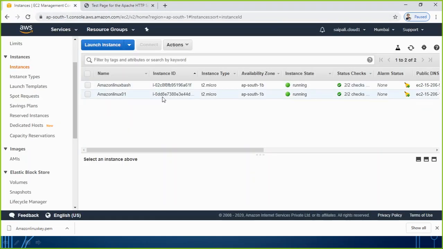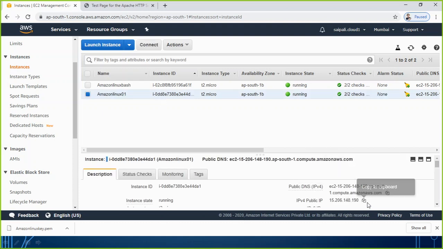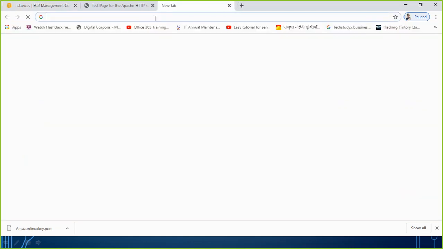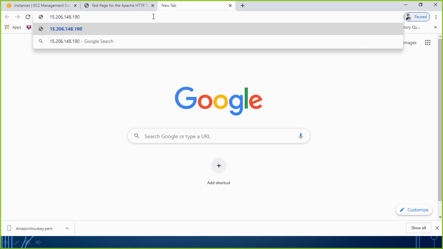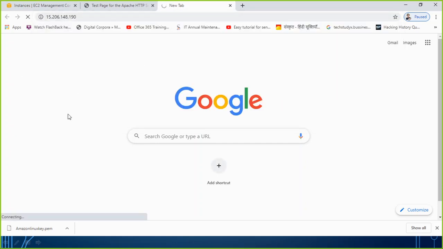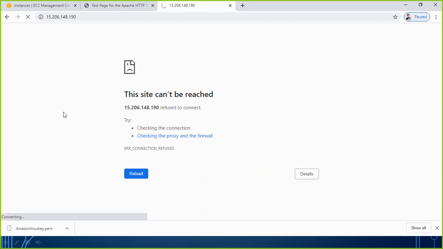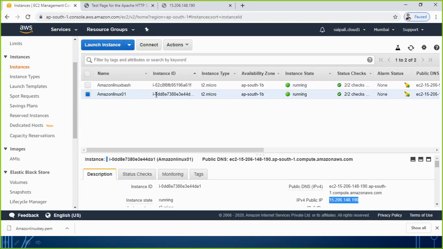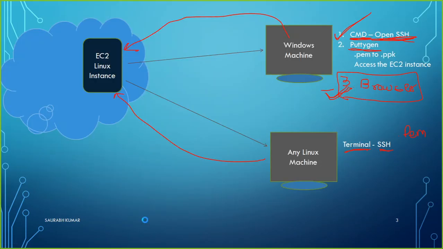But if I talk about the second instance, this one, here is the IP of this instance. If I copy this IP address and paste it here, for this instance I am not going to get any website, because this instance is not running any web service. I have proved it also from the command. When I checked for the service, one machine was saying the status is active, one machine was saying HTTP service not found. So this was all about the practical which we were supposed to perform today.